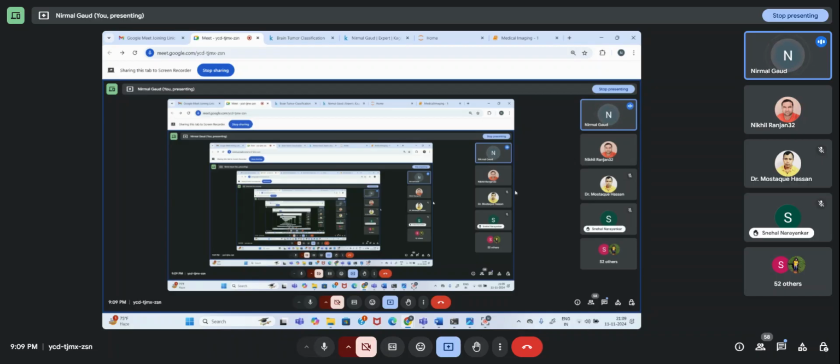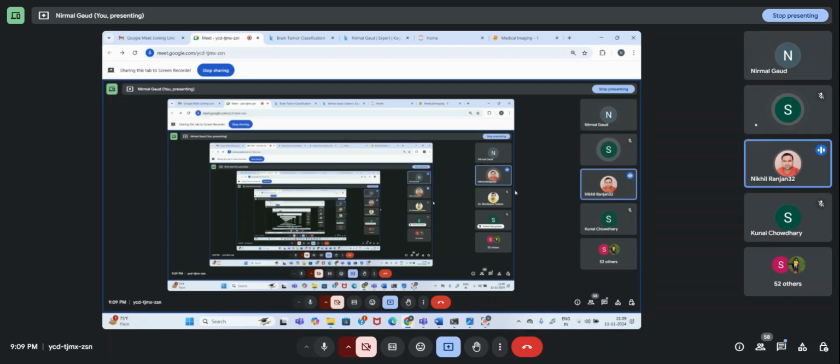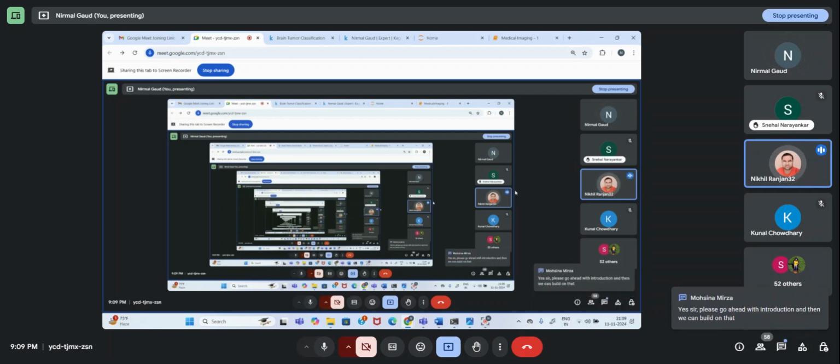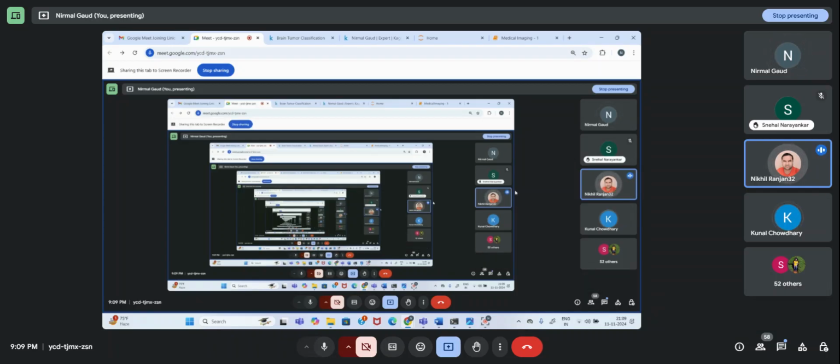So the same thing you can explain. Not just running the code. You have already run the code, so it will be easy for you to show us what you have done, and how much time you dedicated to the coding part. You can guide us on how to do all these things in a structured way, because when we are trying to do projects, we need some such motivation. I'm not saying you should not teach basics. You should definitely teach us.